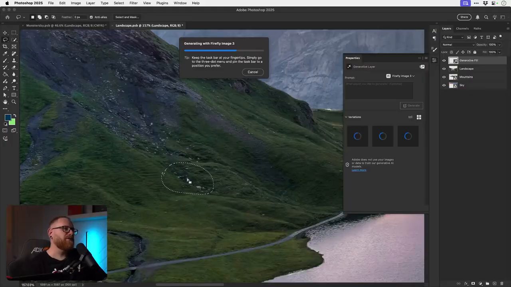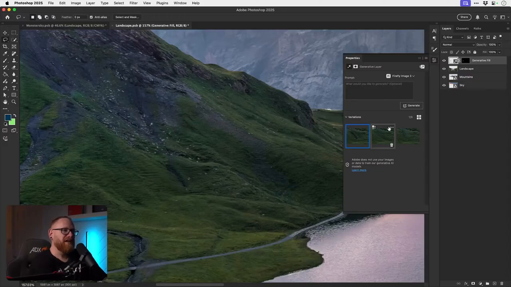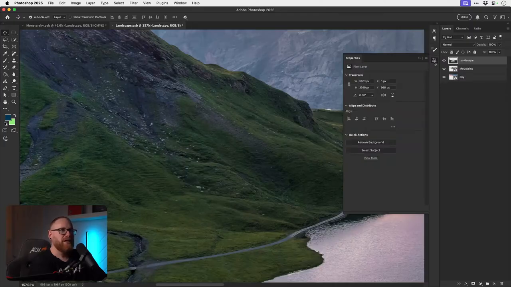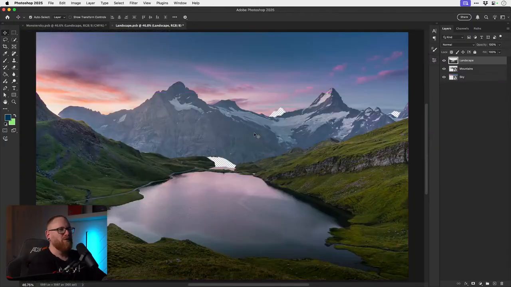GenFill is a very useful way of cleaning things up and removing bits. You see, it just does that. Whereas for me, there's a big difference between that use of GenFill, which is a utility use of AI, versus it just generating an entire field.